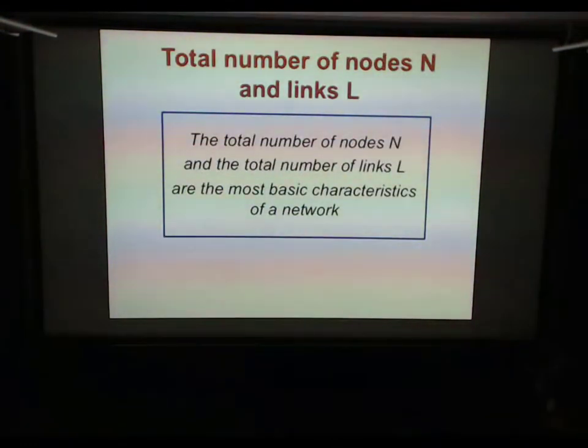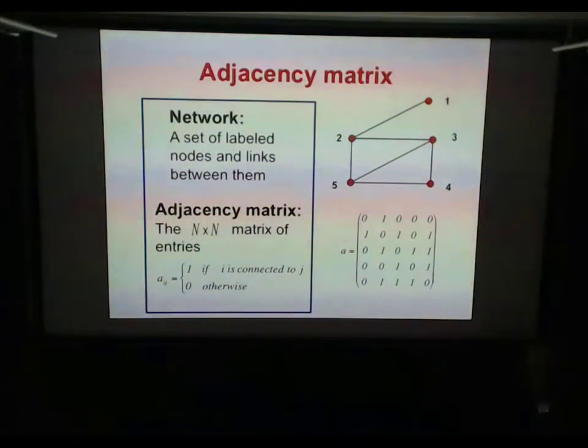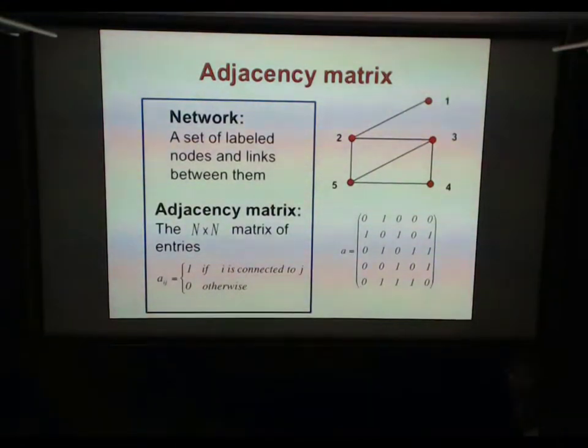And so what is a graph? So I just list there my terminology because it's not the usual mathematics terminology. I will refer to vertices as nodes, and we will call them N nodes, and the number of links, capital L. And a network, we will consider simple networks, so undirected and unweighted, which are typically specified by an adjacency matrix, which is an N by N matrix of elements which are one if node i is connected to node j and zero otherwise.